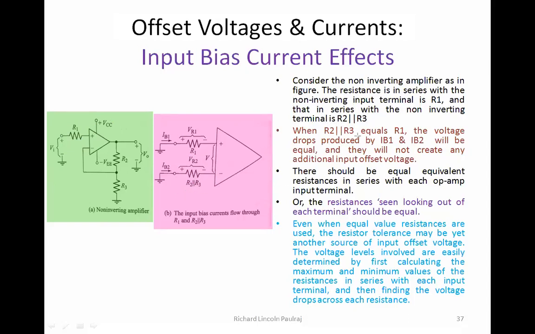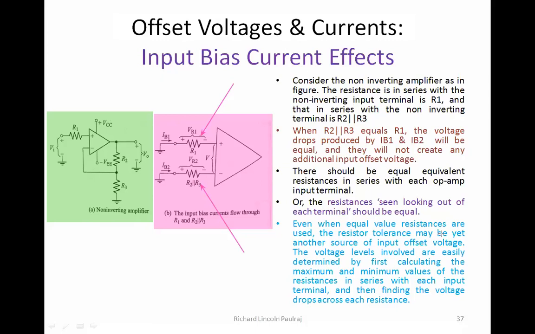When R2 in parallel with R3 equals R1, now not only the voltages, but even these resistances also should be the same. Now, why is it so that these resistances are to be the same? Why do you think so? Resistances are to be the same? Because